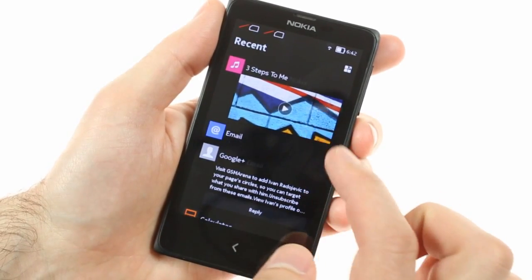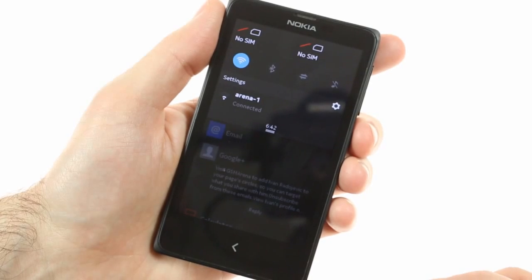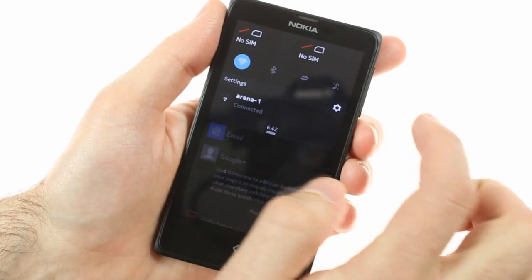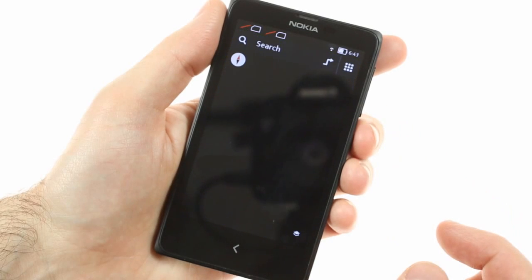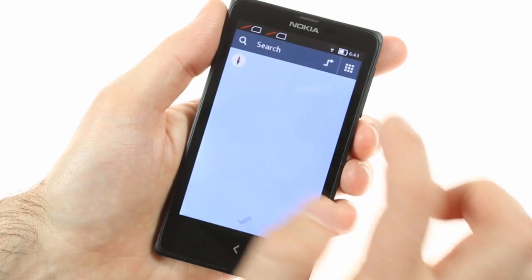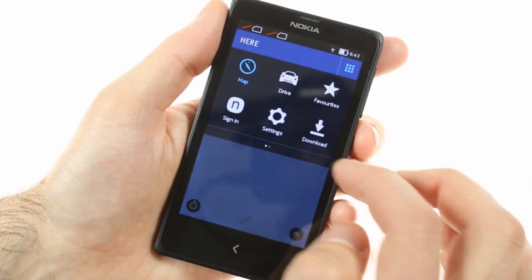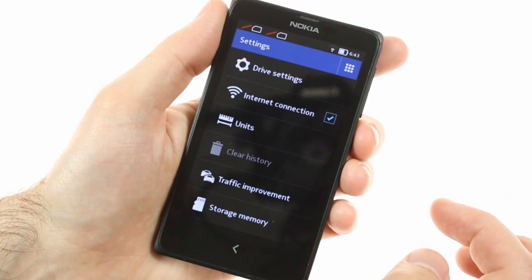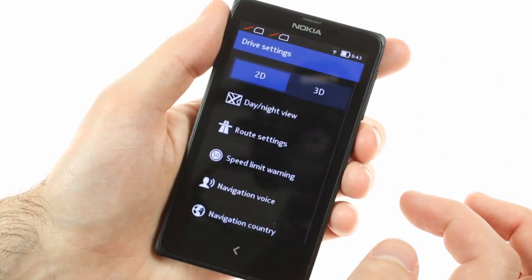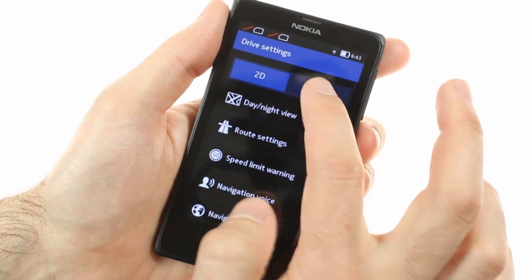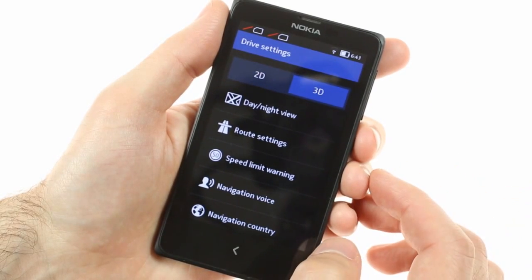You can also pull down the status bar to show notifications for missed events and quick toggles for sound profiles, Wi-Fi, Bluetooth, and mobile data. The Here Maps app is on board, combining both the Map Explorer and turn-by-turn voice navigation functionalities previously available on Windows Phone as separate applications. You can download maps and voices for any country you like, but you get a navigation license for just one.